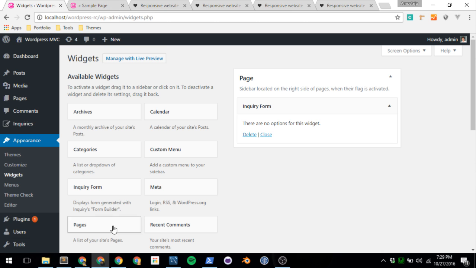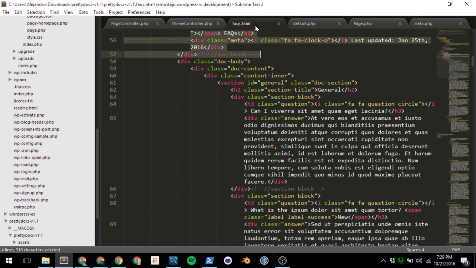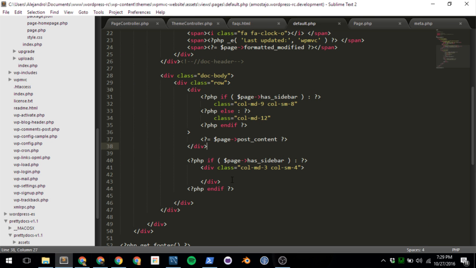Although if you can see, we are not calling it anywhere, the widgets. So what we're going to do now is, here where we had our sidebar, we're going to add a new div called sidebar, and the ID for this is ID. I'm not sure if this will be created dynamically by WordPress. So let's do something like this: PHP dynamic sidebar, and the sidebar that we're going to include here is